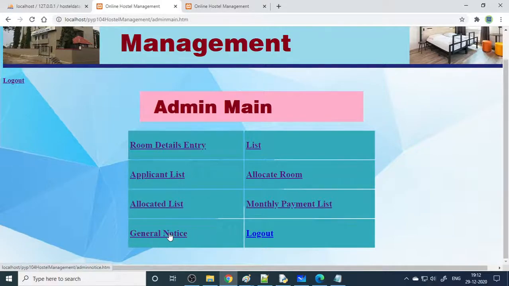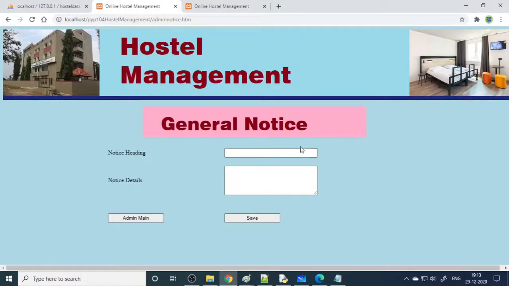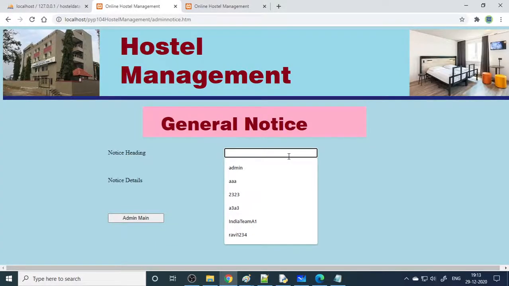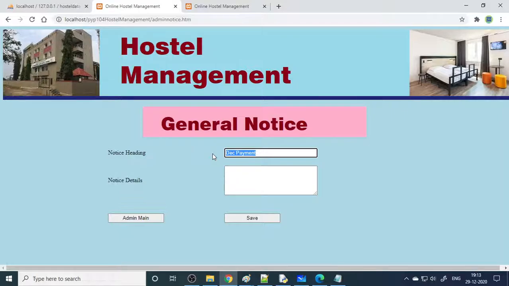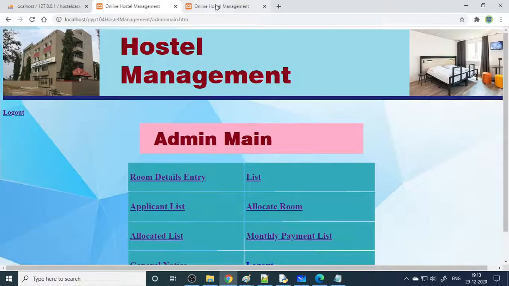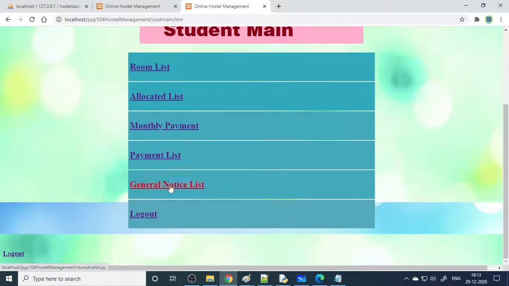In case the admin has to send some notices, they can send them. Here is a December payment. Okay, so some notice they want to send. Let's go to the student side and you can see the general notice.